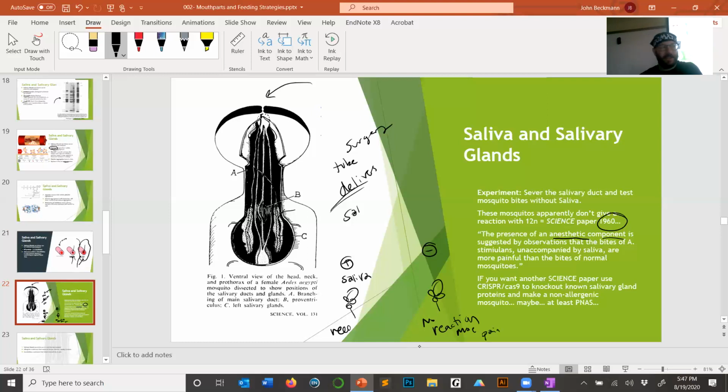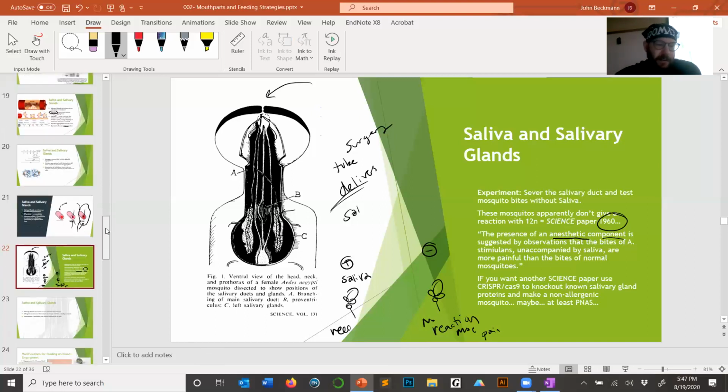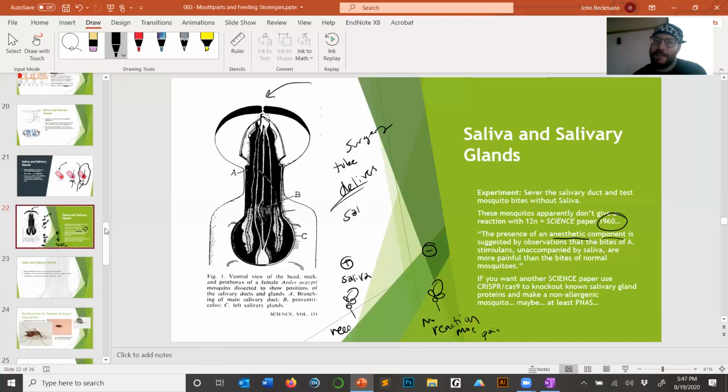And so the thought is there might also be salivary components that inhibit your neurons, that inhibit your ability to feel. Why would the mosquito want that? Because it doesn't want you to feel it. So there's a thought that there are anesthetics also in the saliva. There are many different things I've listed in the saliva,